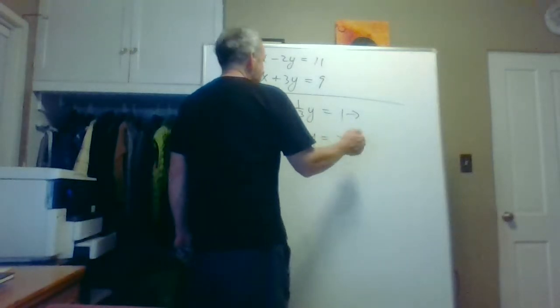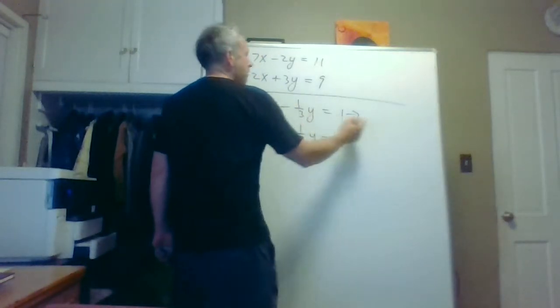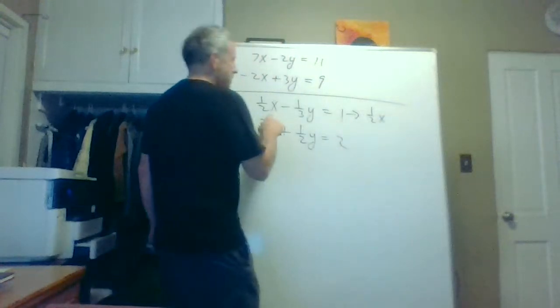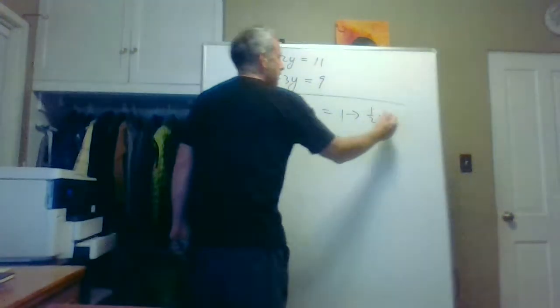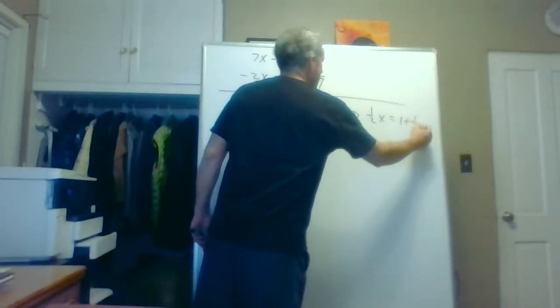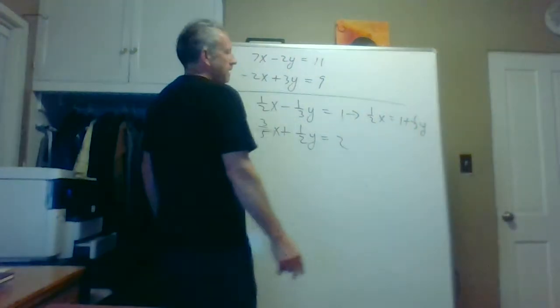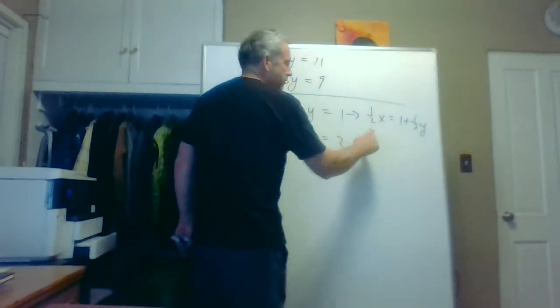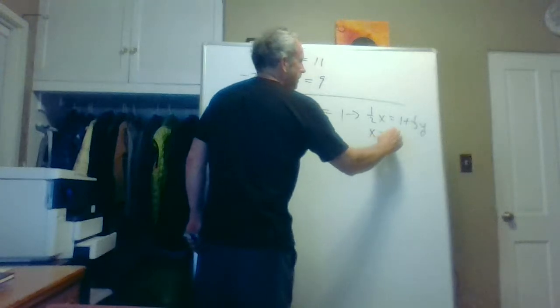Let's add 1/3 y to both sides. So we will get, where am I here? So 1/2 x. There. I'm going to add this to both sides. So equals 1 plus 1/3 y. And then we'll divide both sides by 1/2, multiplied by 2. And that'll give us,